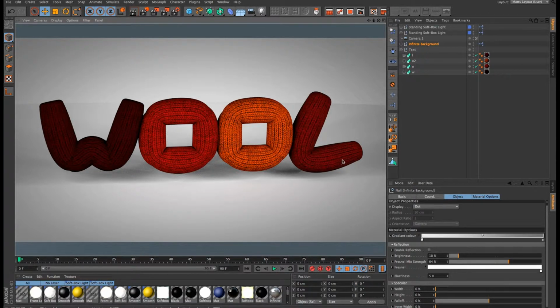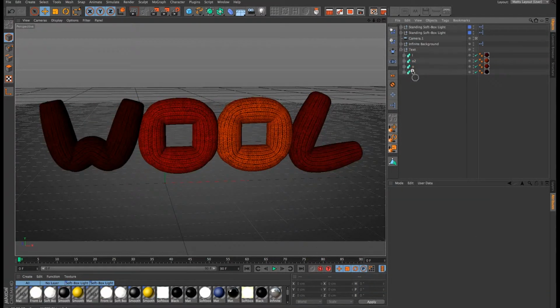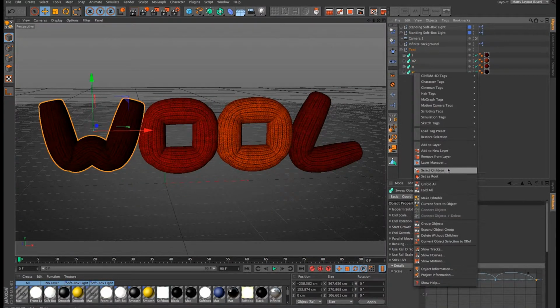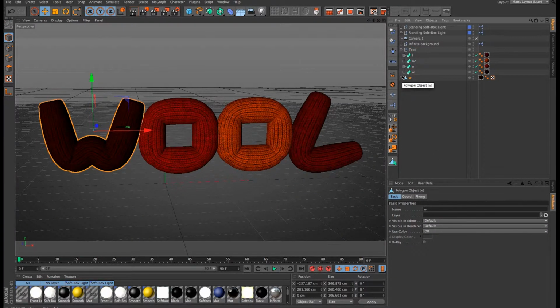So what we're going to do now is add some hair to it, to get that fuzzy edge of wool. First off, we need to actually make these editable. So we're going to right click and current state to object. We're going to keep our originals in case you need to come back to them. We can kind of revert back to this point. Just turn that off, and then